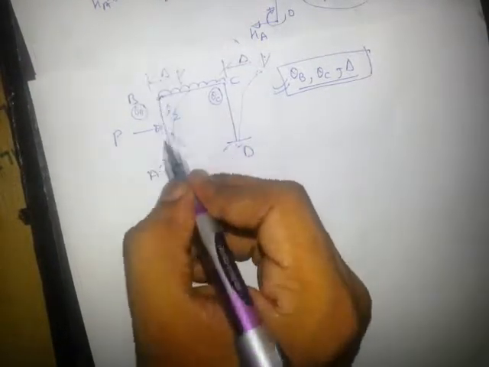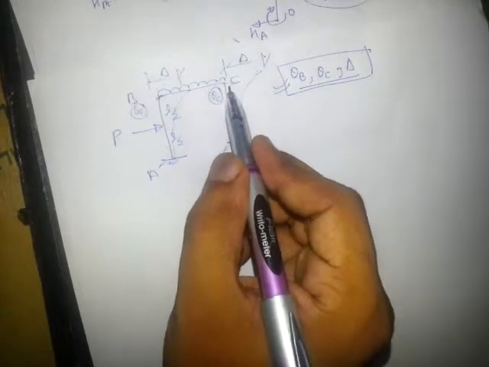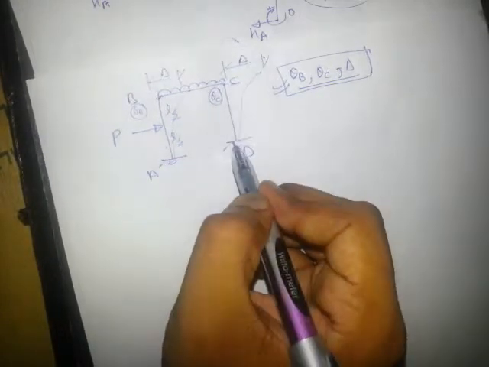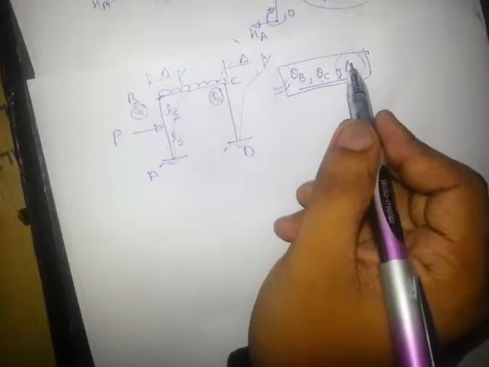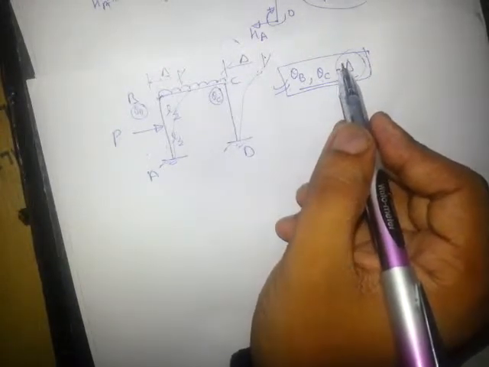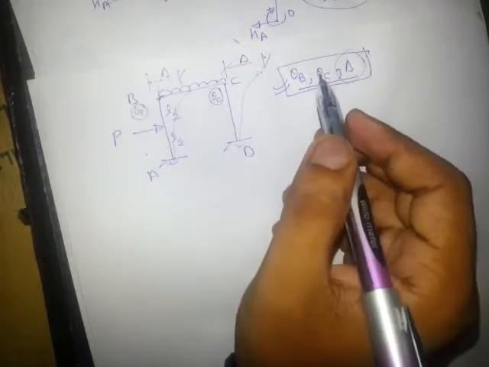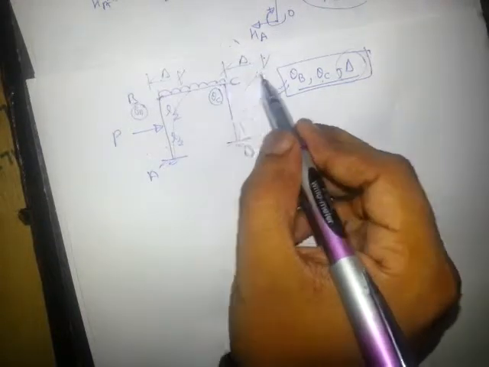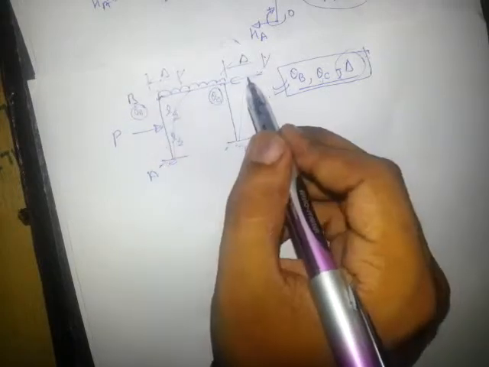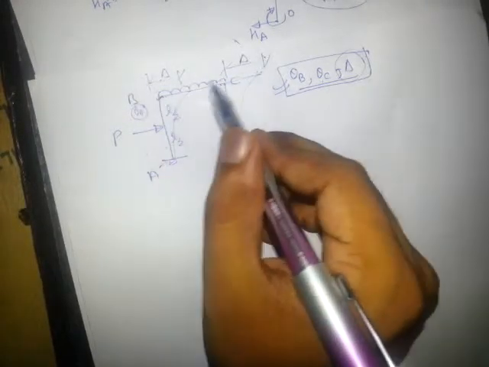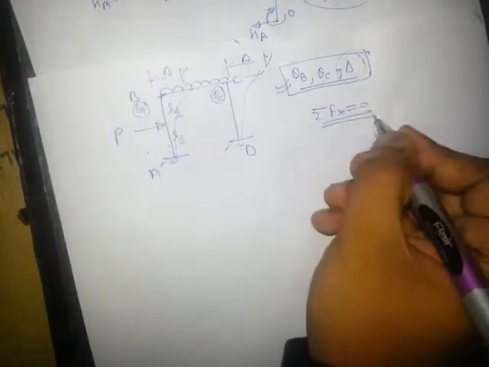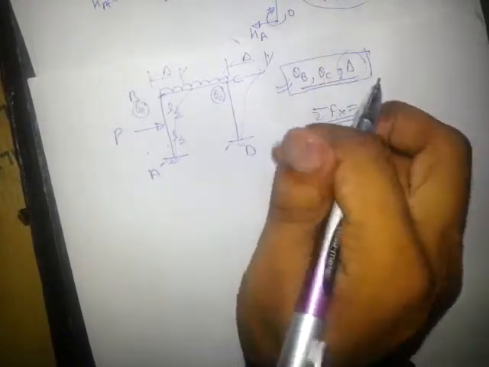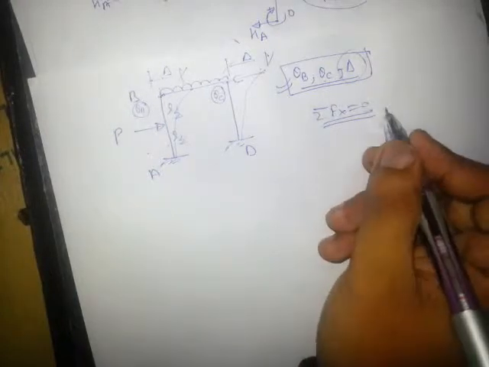So we will write joint equilibrium of B: MBA plus MBC equal to 0, and second will be MCB plus MCD equal to 0. So two equations, two unknowns, but how can we calculate the third unknown? So he asks you to write down the shear equation. Shear equation means the equilibrium equation in the direction of sway. For example, here sway is horizontal, so you will write the shear equation summation Fx equal to 0. Had sway been vertical, you would write summation Fy equal to 0.